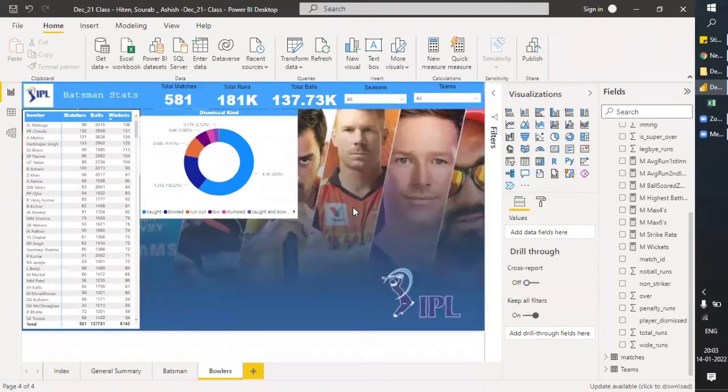So welcome to the session, and today we will be finding how many bowlers have taken a 5 wicket haul and how many times they have taken it. Okay, so if we go to the data set